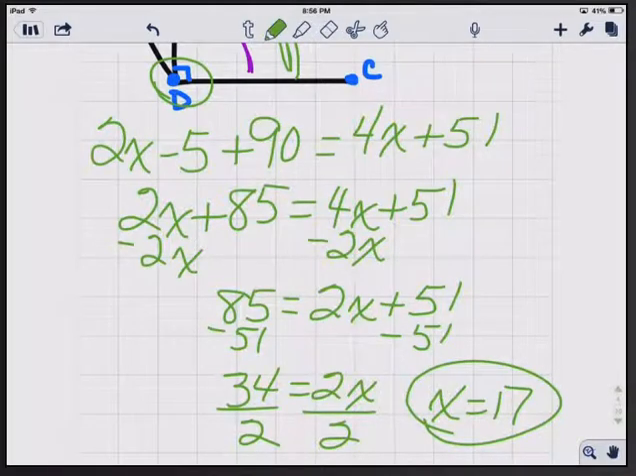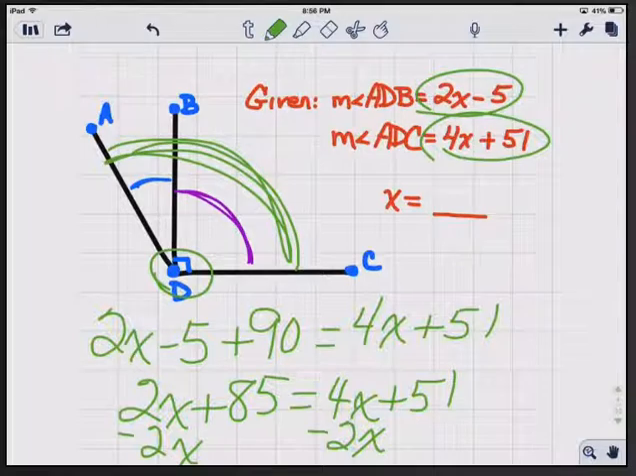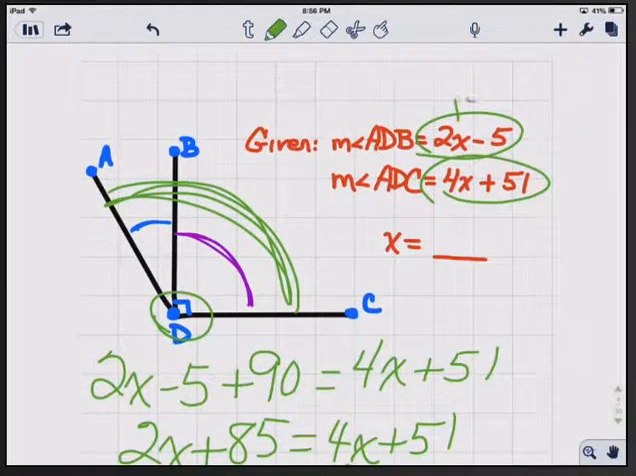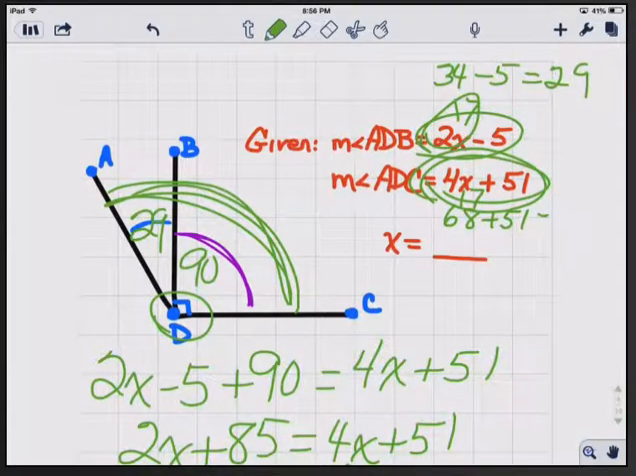Now we'll go back and check the answer. So we'll plug in x equals 17 back here. So we have 2 times 17, which is 34, minus 5, which is 29. So this angle is 29. We already know this angle is 90. This angle, 4 times 17, which is 68, plus 51 is equal to